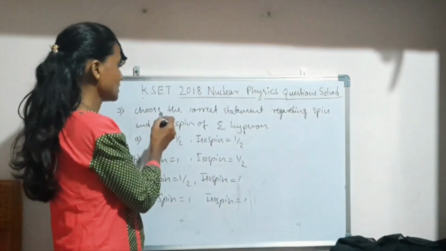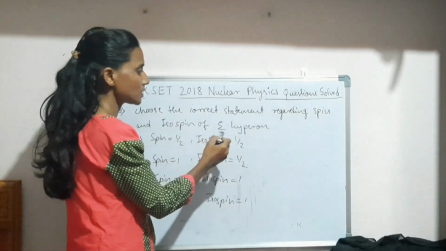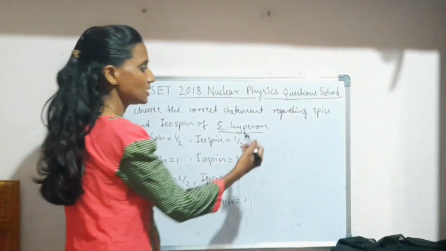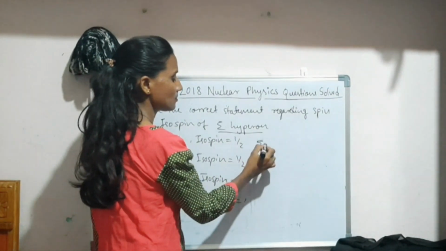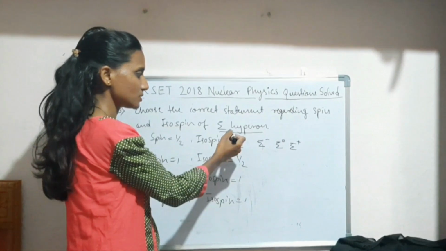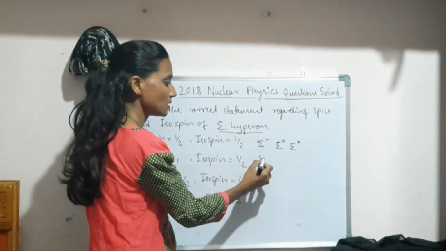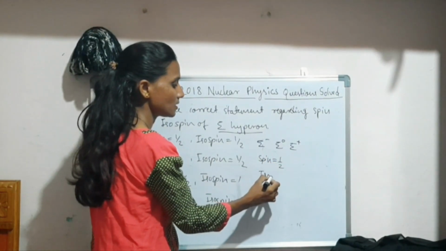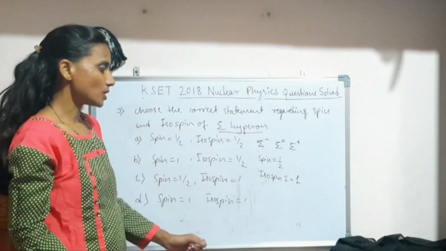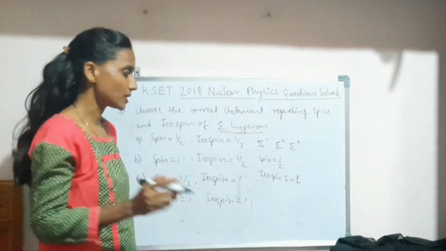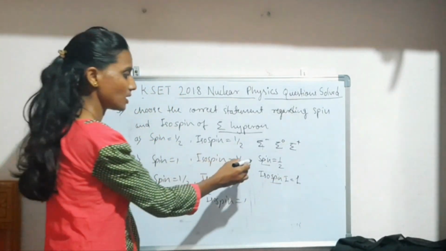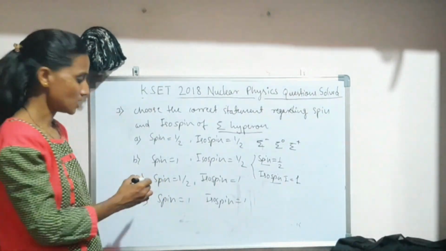So the next question, choose the correct statement regarding spin and isospin of sigma hyperon. So the options have been given. So as we know, sigma hyperon is an elementary particle. So we have three kinds of hyperons: sigma minus, sigma naught, sigma plus. All these types of sigma hyperon have the spin half and isospin, that is I is equal to 1. As we know, proton, neutron, they have isospin half, but for hyperons they are having spin half as well as isospin 1. Okay. So if this is the condition, then option C is the correct answer,